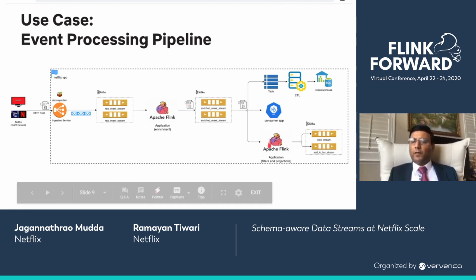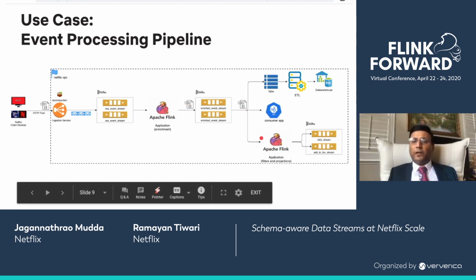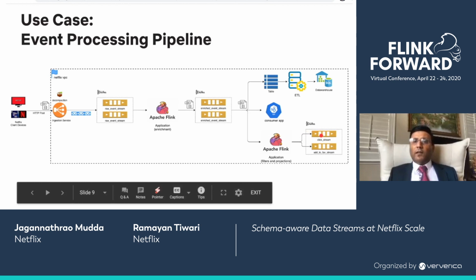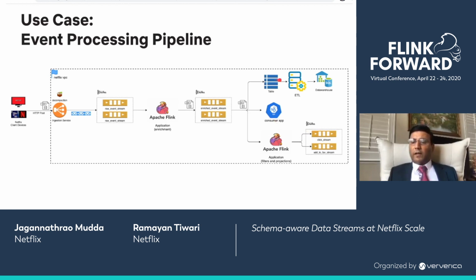One of the major consumers is another Flink application that performs config-driven transformations and projections of selected fields based on the consumer needs. It generates different outgoing streams for every config and writes to a specific Kafka topic. The original enriched data stream is partitioned and stored in the data warehouse for querying and also for further processing by batch consumers. The event data that is flowing in this pipeline is in JSON format.